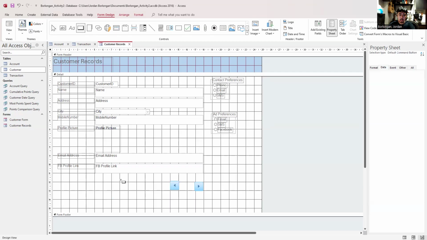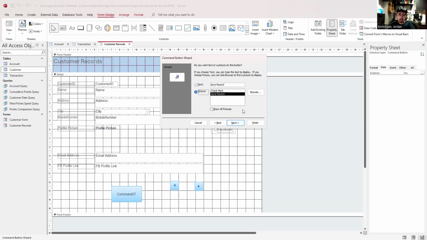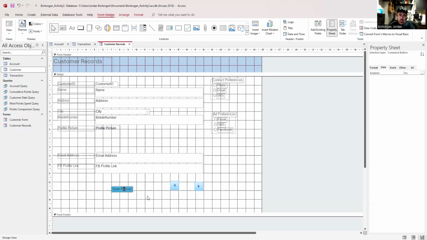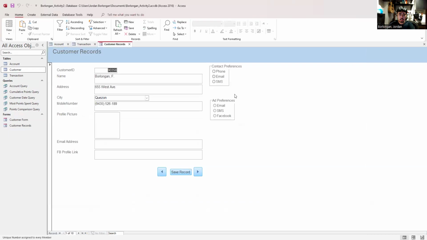And I'll also add a button to save my input. So record operation, save record. So I'll just adjust and there you go.